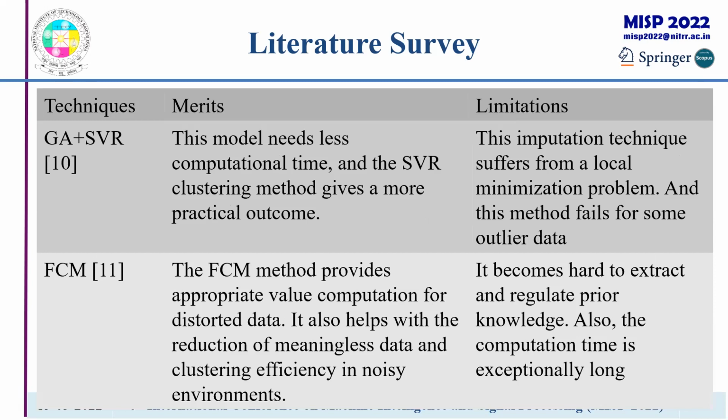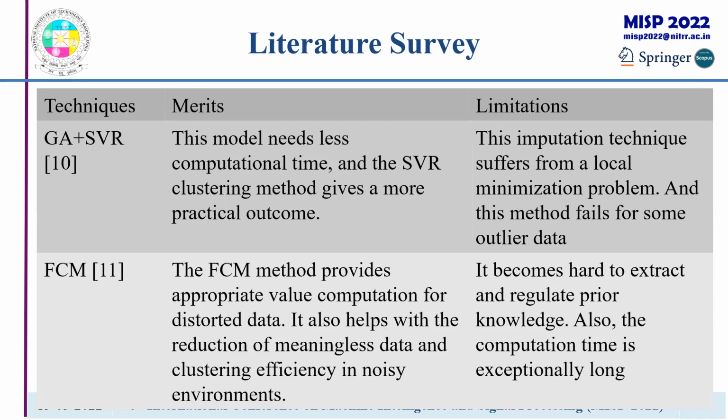And next one, the genetic algorithm plus support vector regression. This model needs less computational time, and the SVR clustering method gives a more practical outcome. But the limitation is that this imputation technique suffers from local minimization problems, and this method fails for some outlier data. Outlier data means the expected value will be too different from the range of the